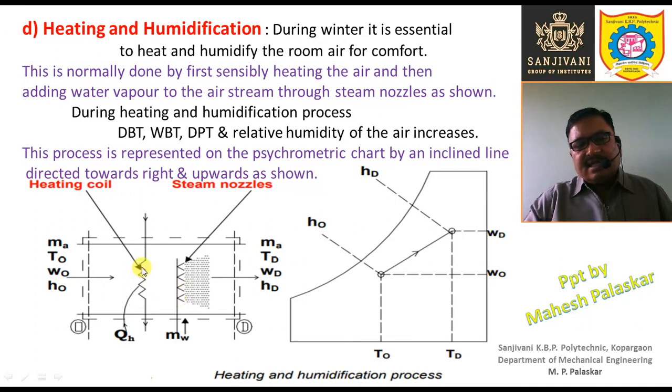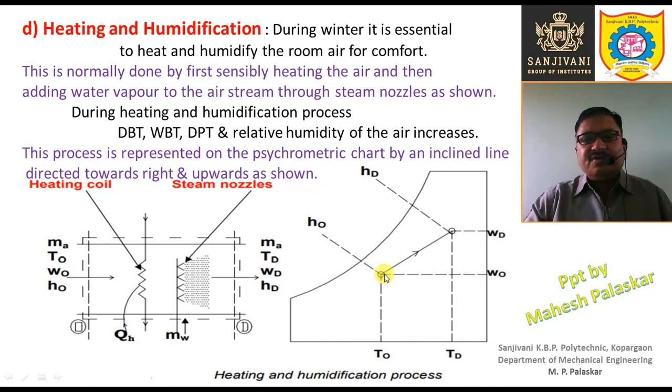And then when the temperature increases, the dry bulb temperature increases, and the capacity to hold moisture increases. Now when steam is injected, you will find that the humidity will be increased. The capacity of the air to hold moisture will first be increased, and then it can accommodate the moisture so that the specific humidity is increased, right? And humidification takes place. So the heated and humidified air will leave from this duct like this, right?